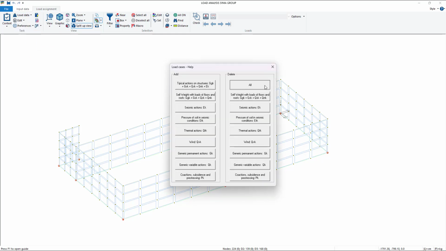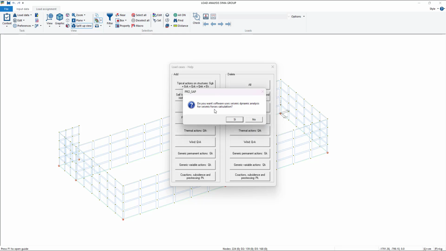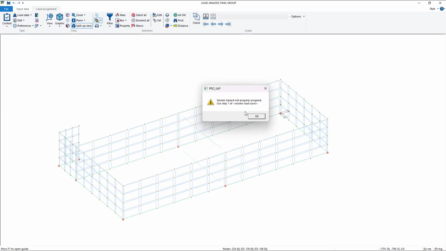Now, if you go delete all and add, okay. Now it asks me, do you want the software to use seismic dynamic analysis for seismic forces calculation? We say yes, otherwise the software is going to set the static seismic analysis. So we say yes, and okay, don't worry about that, we're going to fix it later.